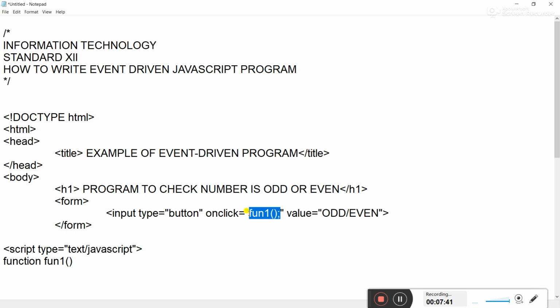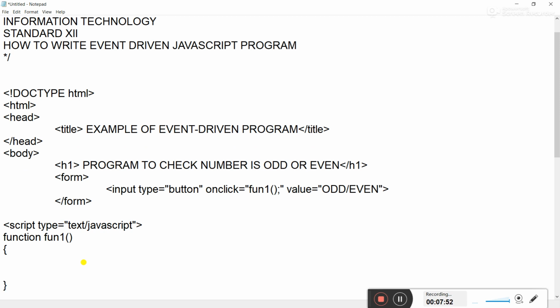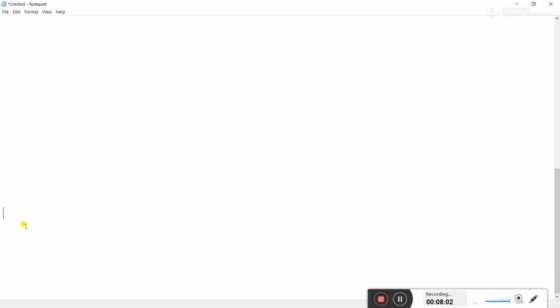While calling the function, we use the semicolon at the end, but while declaring a function, we don't write a semicolon at the end because it contains a block, right? It follows a block. So if you give a semicolon at the end of the function creation, then it will not execute this block. To execute the block, we don't give a semicolon at the end. That means it continues with the following statement.